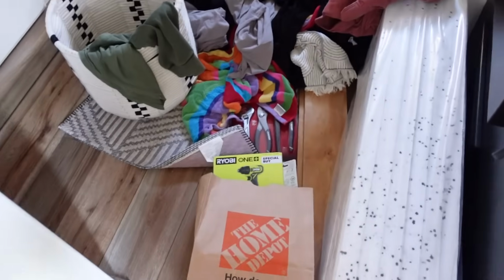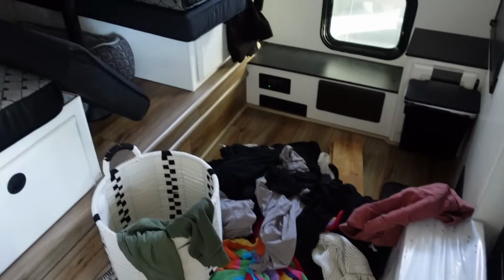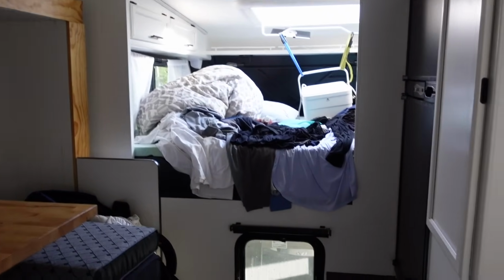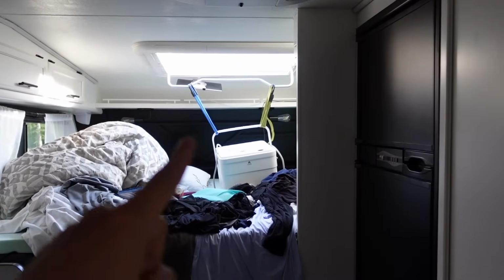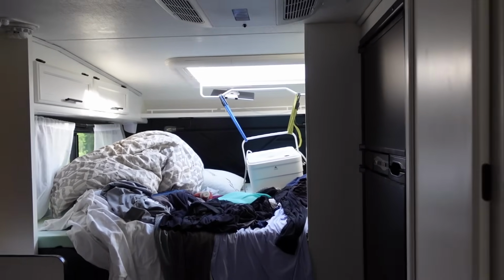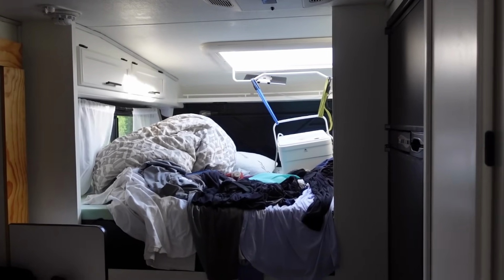But besides the unpaved road, it's getting a little bumpy for sure, and I know we're not even close to the worst parts, but I already brought out the slide, and all our clean laundry is now on the ground. Granted, it was already messy. We threw everything in here. Oh, we bought a drill because we forgot to bring one, of course, so we can actually drill this closed and stop doing this stupid little loophole we found where we hold down the skylight with the